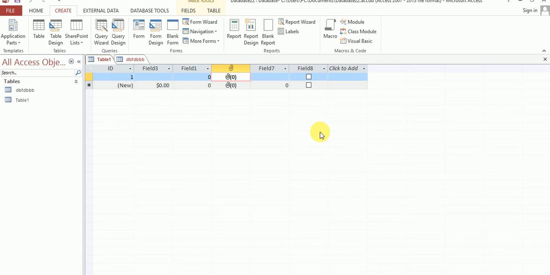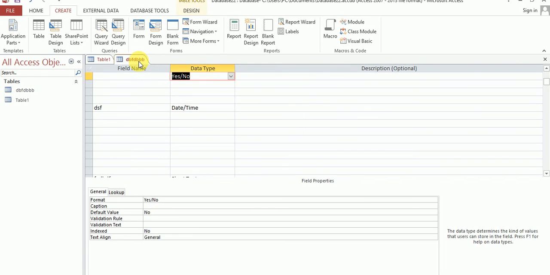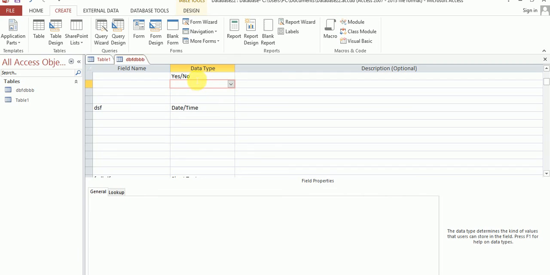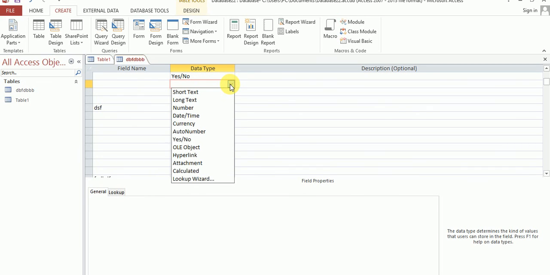Okay, so how can you choose or change your data type from an MS Access table? No problem. Just click on data type, click on the row and choose your data type.